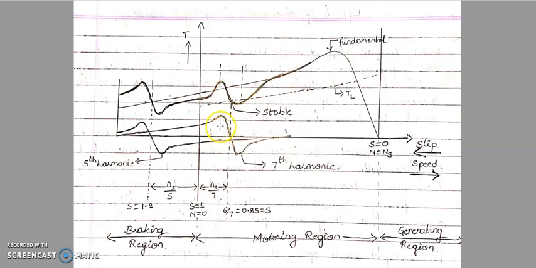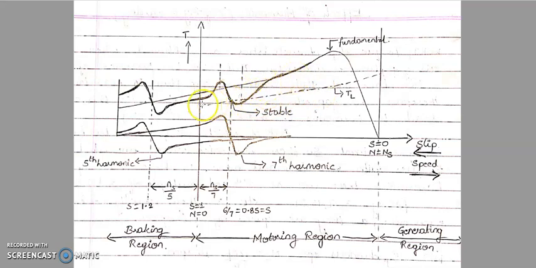Now you can see the dotted line I have drawn here. This dotted line is nothing but the required torque or load torque. So let us say you have connected a certain load to your motor. Again, the load torque is somewhat like this, in this direction. The torque as well as the load torque will be almost the same, parallel in nature.